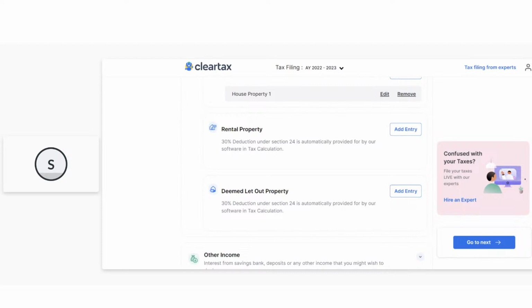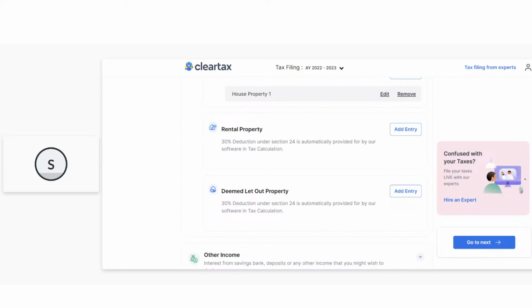For donation to a charitable institute, you need to mention the name of the institute and the amount you are donating. Please remember that a cash donation beyond 2 lakh rupees is not considered a deductible donation. So if you are making the donation in cash, please try to keep it within 2000 rupees. If you are looking to donate more, then make sure it is coming through UPI or account payee cheque or demand draft, any mode other than cash or